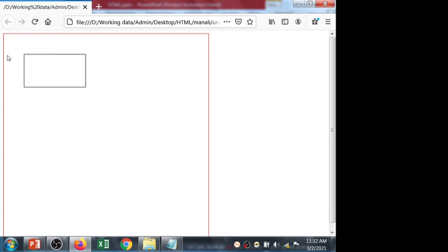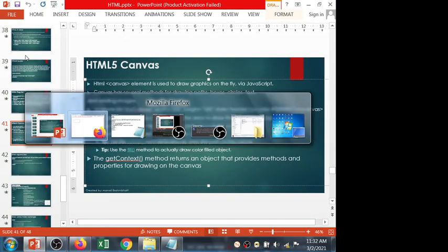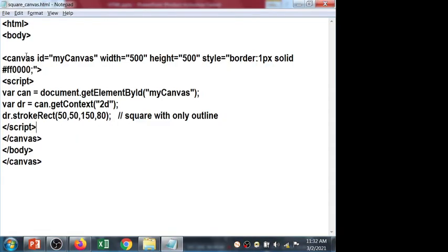So 50, that means you want to start drawing from the left 50 pixels. From the top 50 pixels. Then it starts drawing due to the stroke method which you have already used. So 50, 50 up to 150 and 80.